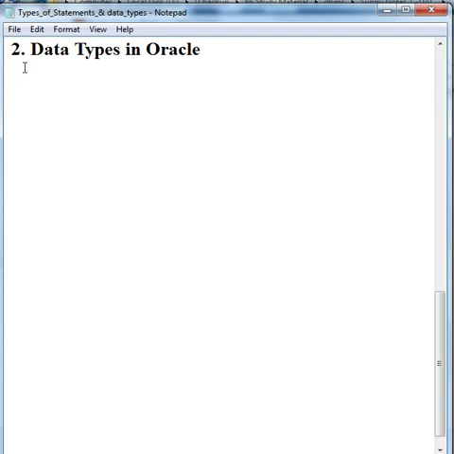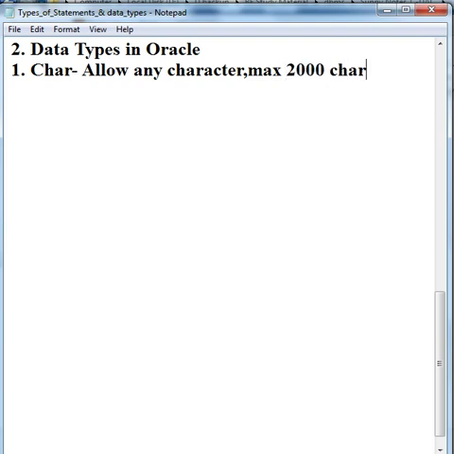First we have the character data type. Character allows any character, maximum 2000 characters. Character has 1 byte.